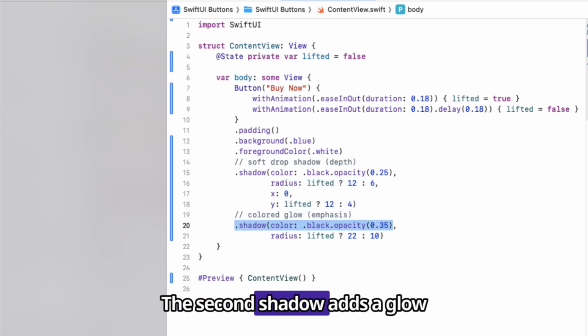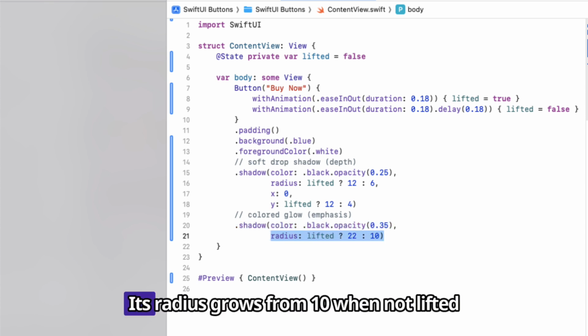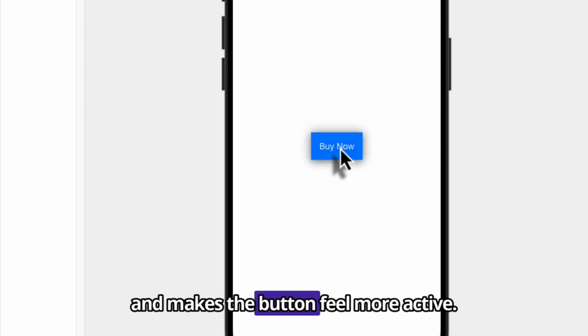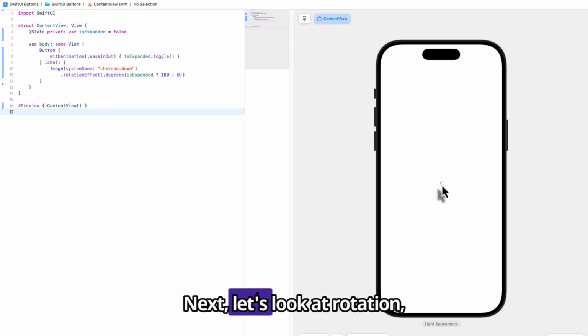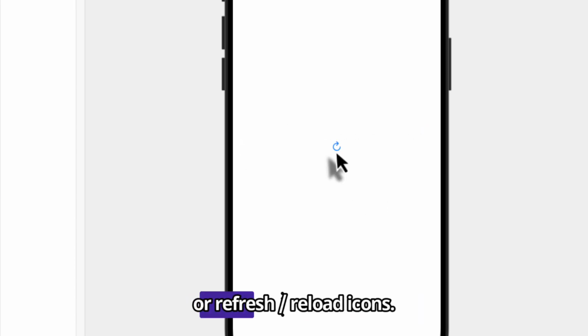The second shadow adds a glow with black at 35% opacity this time. Its radius grows from 10 when not lifted up to 22 when lifted, so the glow expands and makes the button feel more active. Next, let's look at rotation, which is often used for frequently asked questions or refresh reload